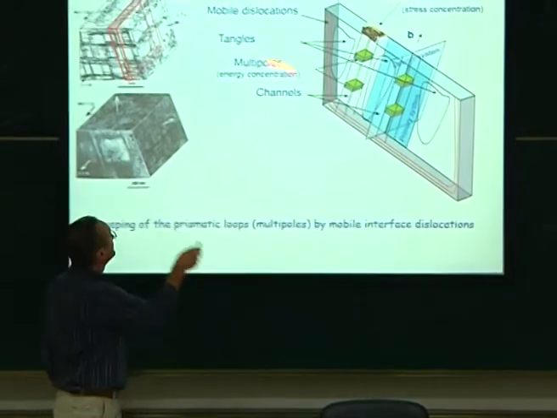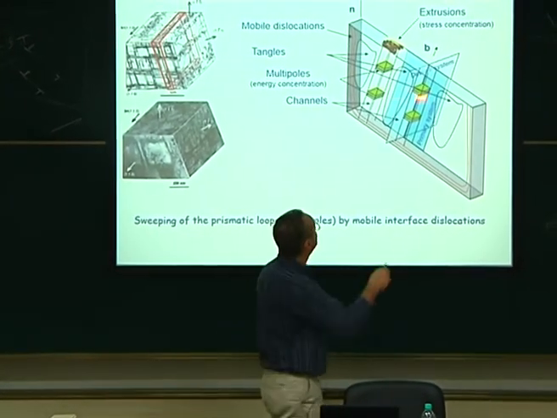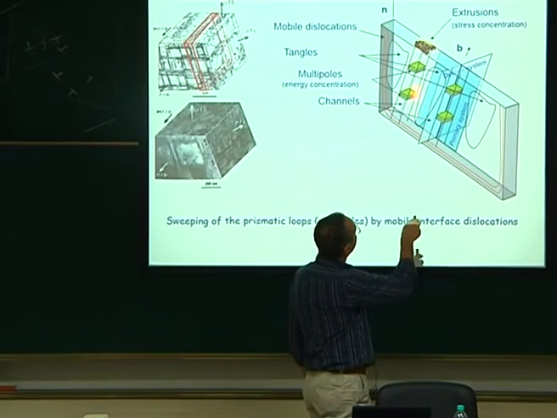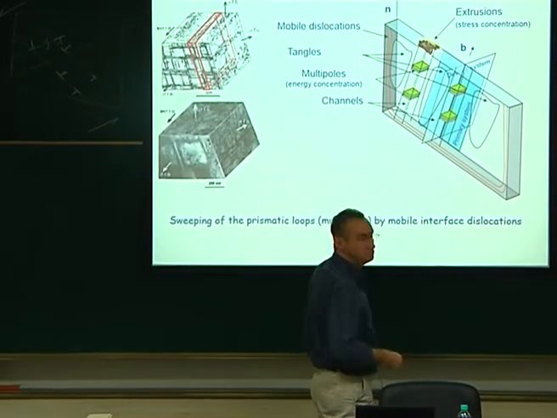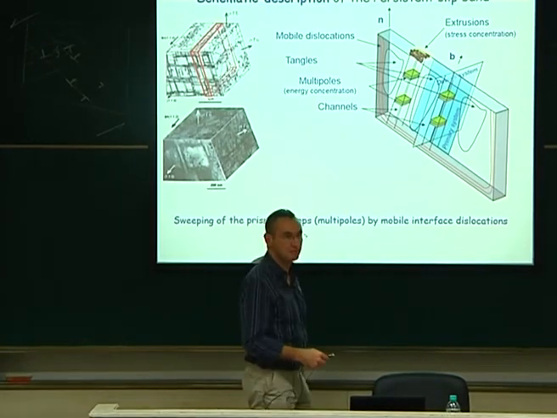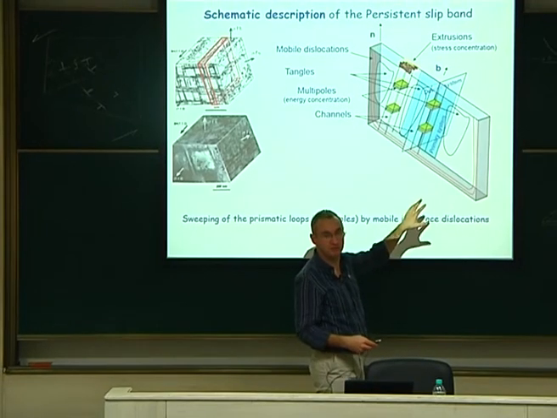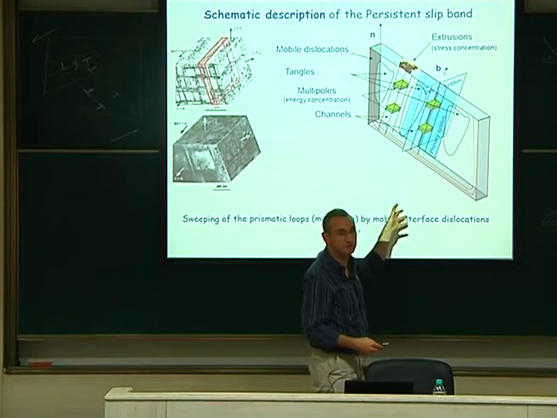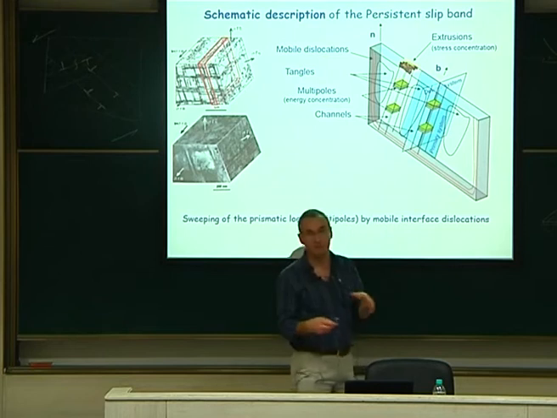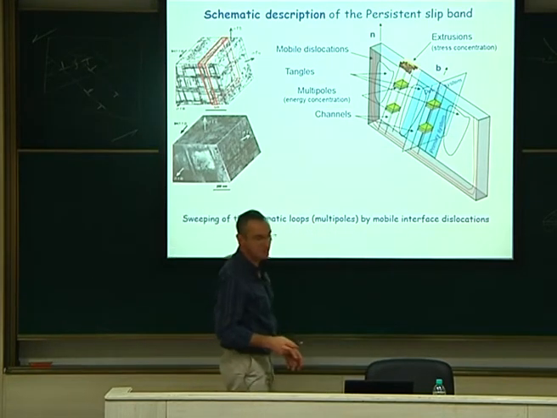And so this is what I did. So this is just taken out from this thing here. It looks like that. And between the channels, you have some entangled zone where the dislocations cannot move. They are more or less pinned, fixed, which stabilize the persistent slip bond. Because at that stage, I think we should not say that this is a persistent slip bond. It's what I will call more an intense slip bond, because we should demonstrate that they will remain. But I think they will, because of this tangled dislocation, they will stay there.